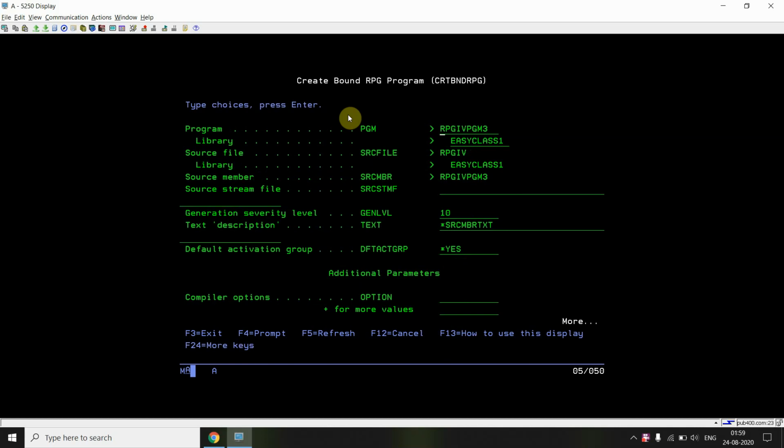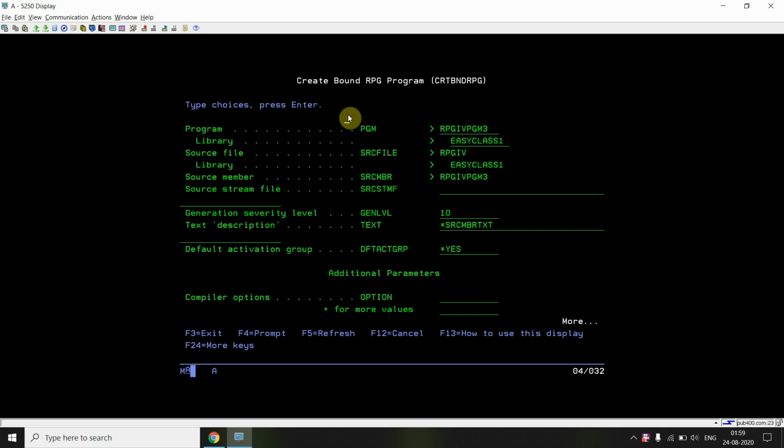So whenever we are creating an ILE RPG program by setting the default activation group as *YES, we are not using any bound procedure calls, meaning CALLB or CALLP, and we are not specifying any activation group or binding directory.